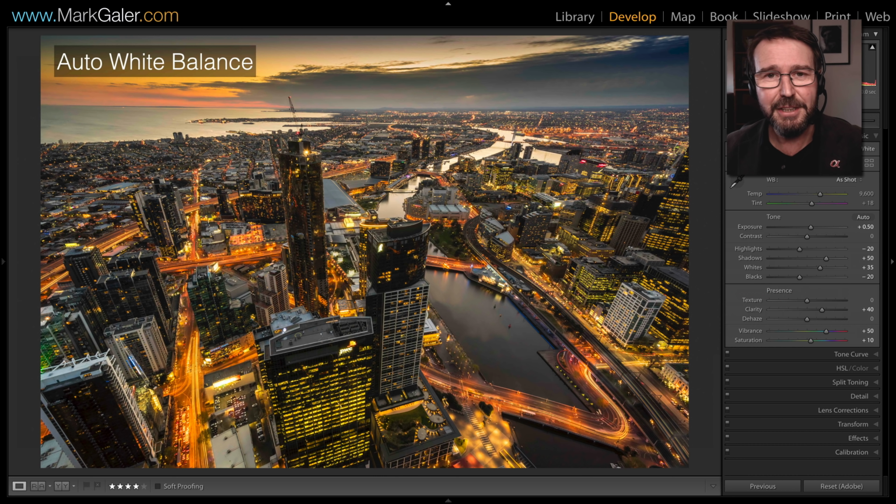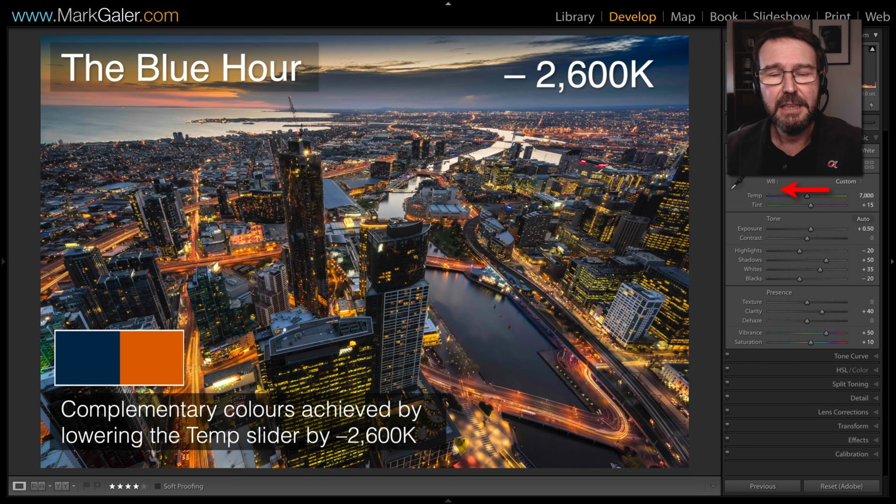Same again, we've gone into blue hour again, and the cameras will always throw lots of orange at this situation and always spectacularly get blue hour incorrect. So again, we just have to grab that temperature slider, move it to the left, and again we'll find that we now invoke those complementary colors. The oranges in this image are going to be fairly much immune from us feeding in more cool tones, so we are going to protect some of those warm, very orange tones,